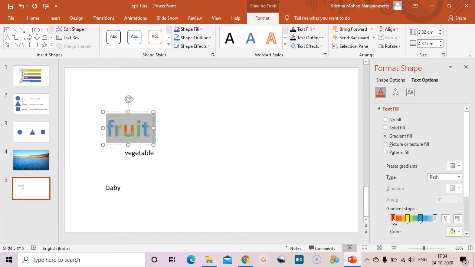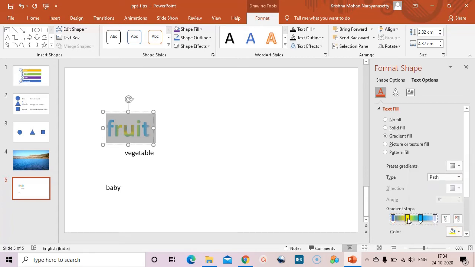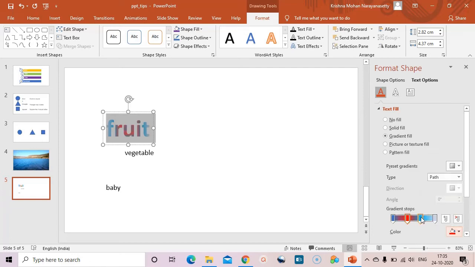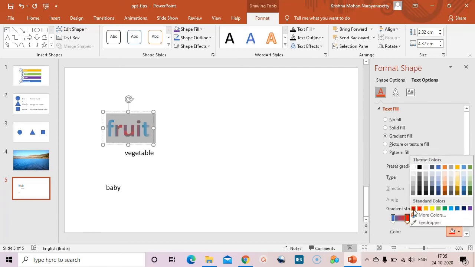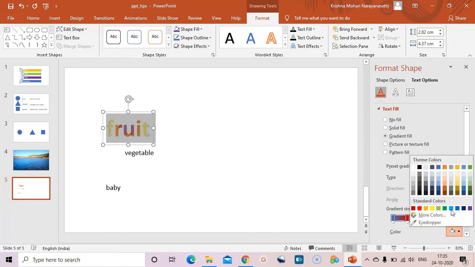For example, there are 4 gradient stops. We can give 4 colors. So you can see 4 colors in this text. So let me change the color to blue. Second one to, let me say, red or dark red. Third one, say yellow, and fourth one, let's say blue.